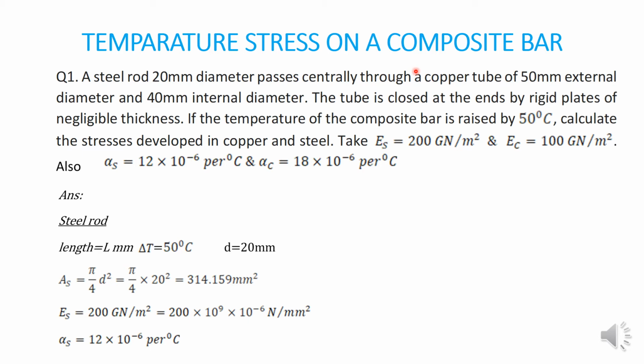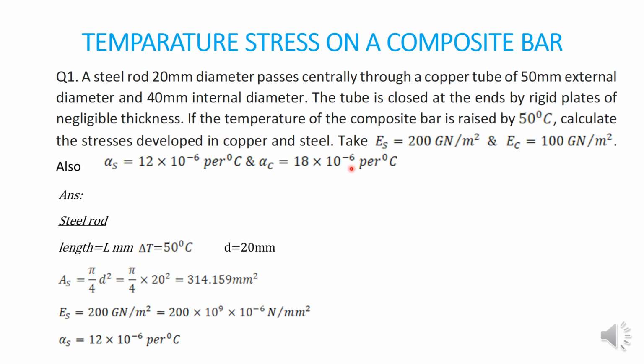Let's discuss the first problem. A steel rod of 20 mm diameter passes centrally through a copper tube of 50 mm external diameter and 40 mm internal diameter. The tube is closed at the ends by rigid plates of negligible thickness. If the temperature of the composite bar is raised by 50 degrees Celsius, calculate the stresses developed in copper and